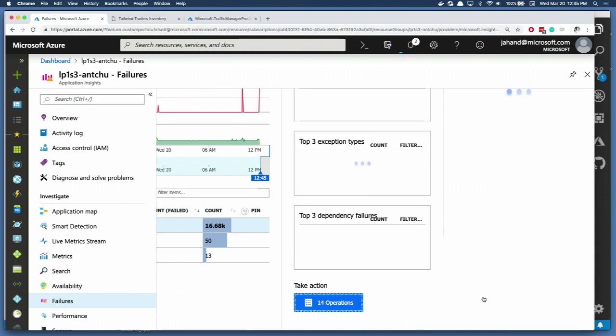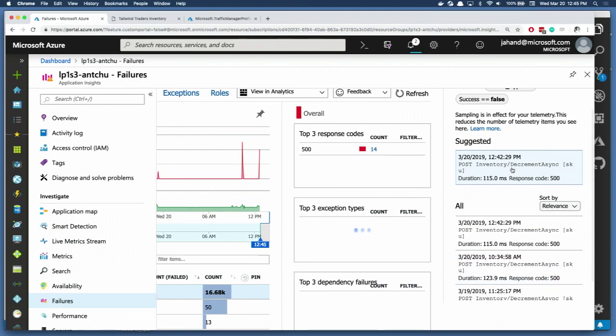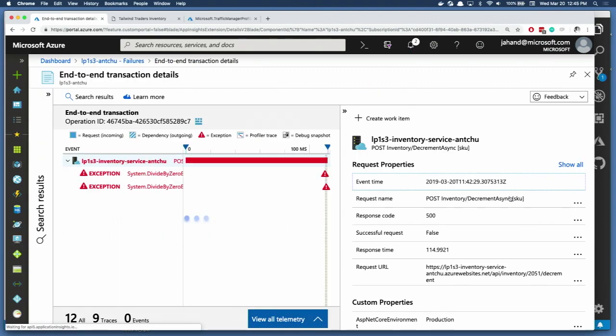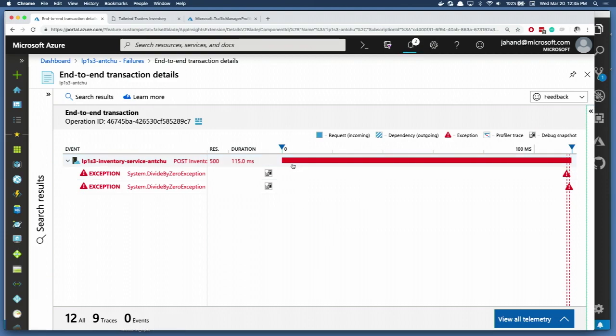And there's lots of different things we can come in and explore around. These are kind of cool because when you click on them, it actually shows you a timeline of events. So if I move this blade over, we can see not only the duration, but we can see the two different exceptions here. We've got a divide by 0 exception. Well, that kind of makes sense. We were trying to get our inventory down to 0. There must be some math in there that's not quite right. Well, that's